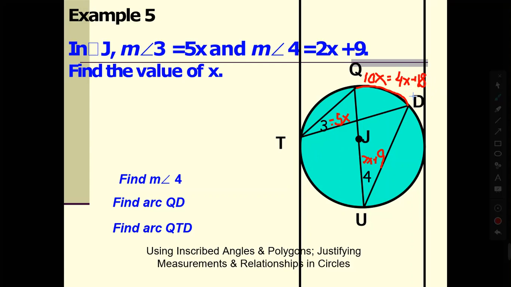So no matter what, you don't need to write this out, because you times by 2. We know the arc is 2 times its inscribed angle. So all we can find is that angle 3 and angle 4 are exactly congruent. So instead of writing 10x equals 4x plus 18, you can directly write down 5x